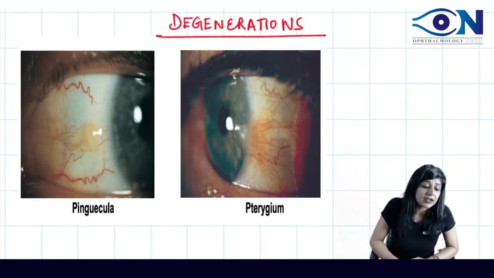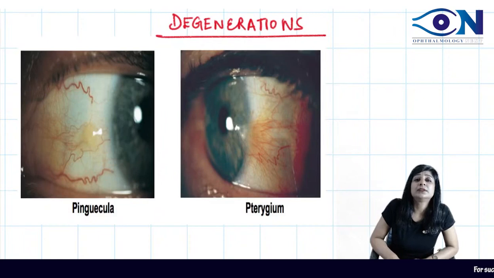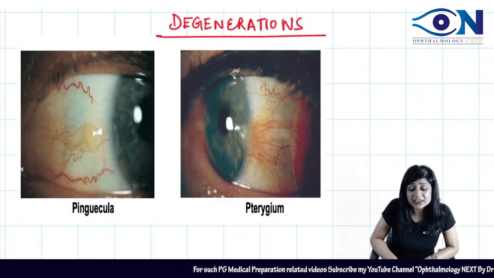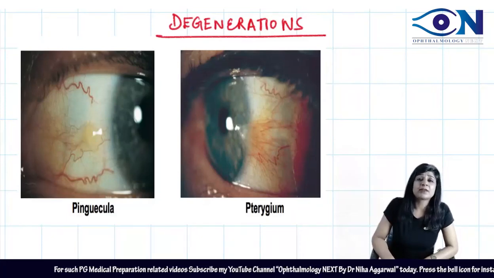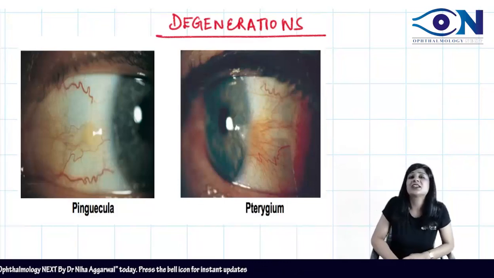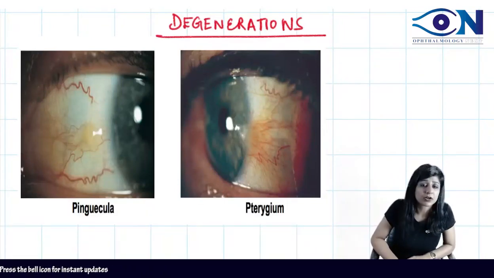Then obviously, covering entire images of ophthalmology is not possible in just 1 hour, because I am discussing each and every point regarding that image. So we will be doing it in a series of sessions. Today we will be completing the conjunctiva, and in the next session I'll be taking the cornea, right?